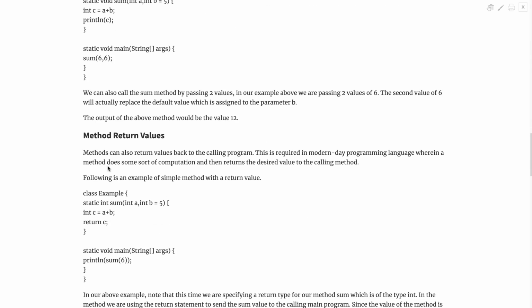Now, another concept is return values that we've already seen. What we need to use is a return keyword to be able to return the value. Now, when you say I'm returning C, you can specify its type within the function, or when you are putting it outside, you can specify its type here as well.